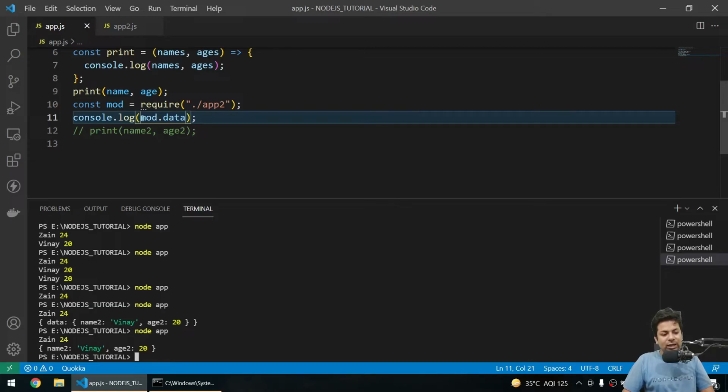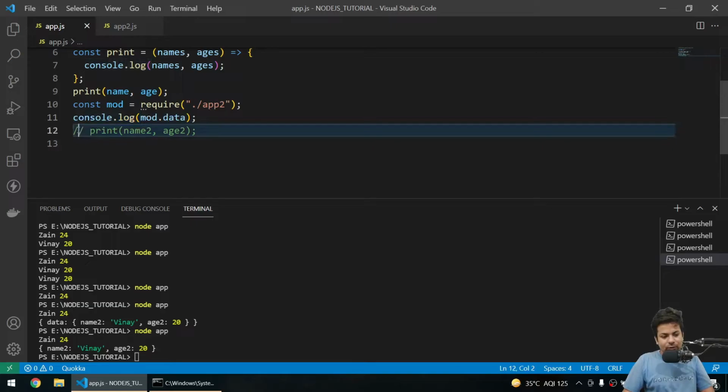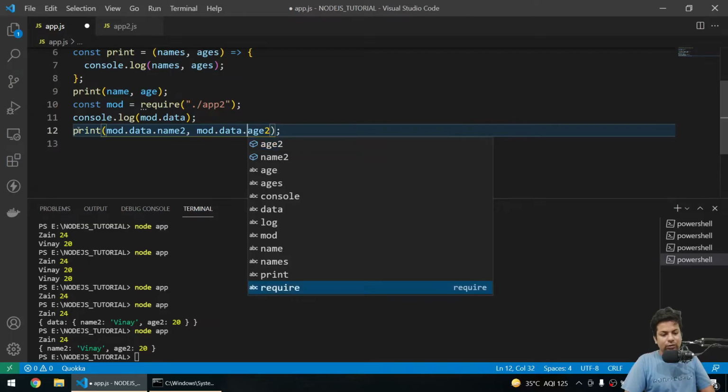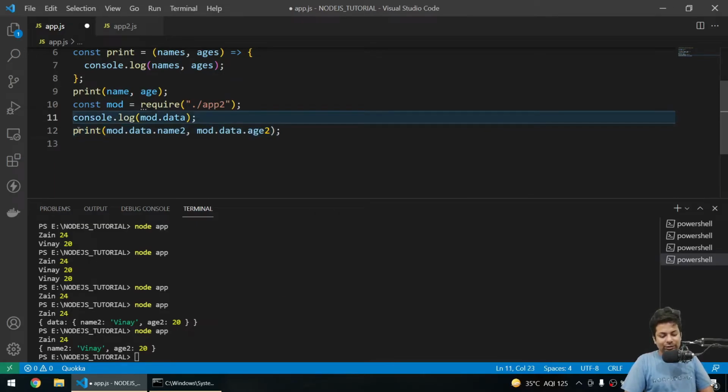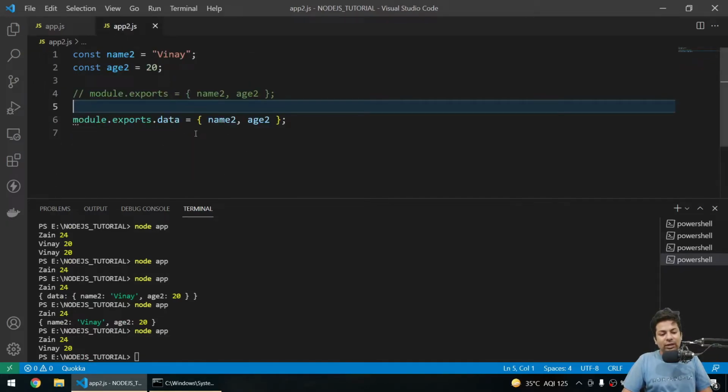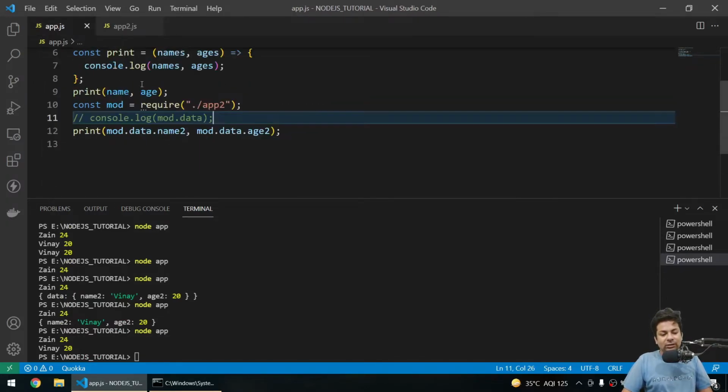Now here I'll just directly say mod.data.name2, and mod.data.h2, and here I'll just remove this stuff. Okay, save it. Now we are getting the same result, Jan24 Vinay 20, because we are directly giving it a name. Okay guys,